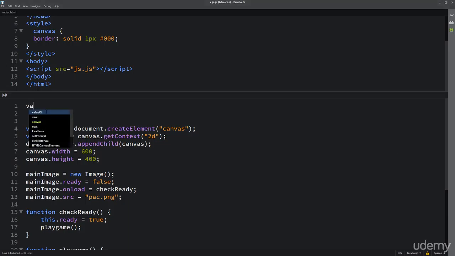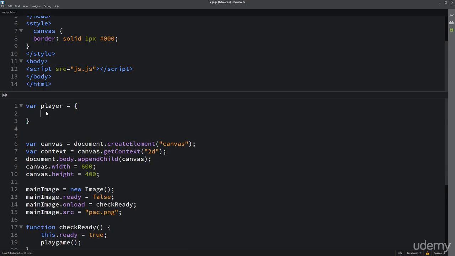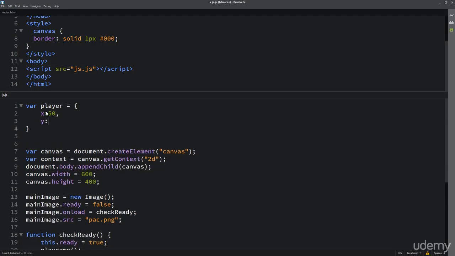And the way that we set objects, variable player equals curly brackets, so X, by default I'm going to give X a starting position of 50, and I'm going to give Y a starting position of 100,